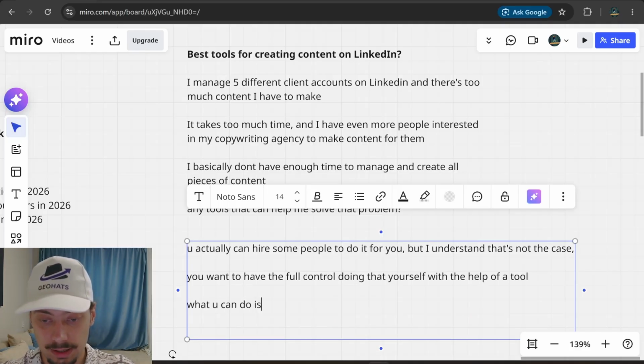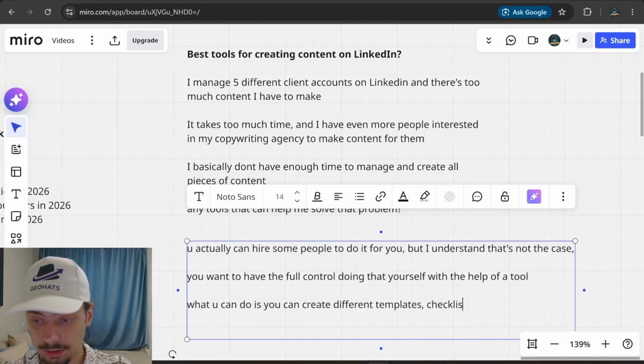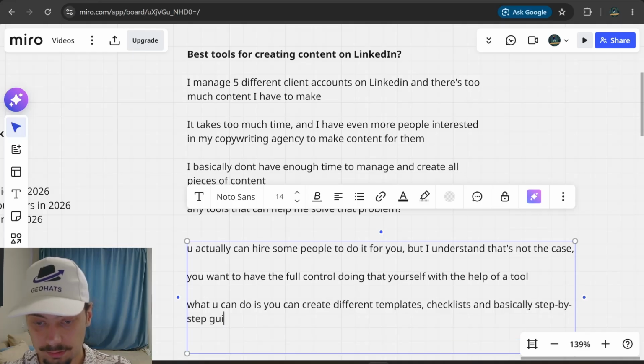And yeah, what you can do is create different templates, checklists. What you also can do to help yourself on content. Yeah, let's stick with that. What you can do is create different templates, checklists, and basically step by step guides for yourself to make client work faster,